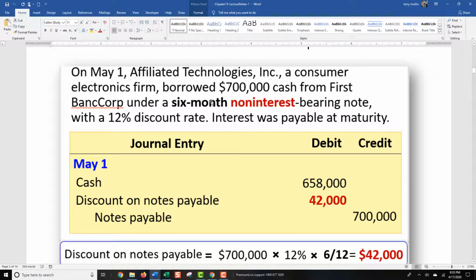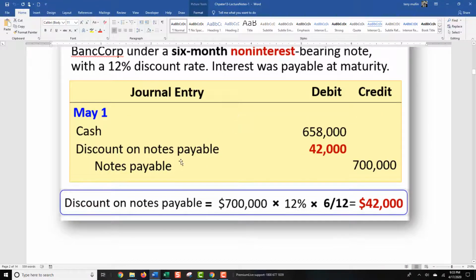On May 1st, Affiliated Technology, a consumer electronics firm, borrows $700,000 cash from Bank Corp with a 6-month non-interest bearing note with a 12% discount rate. Interest was payable at maturity. So what they're going to record is the notes payable at $700,000. The interest is calculated at principal times rate times time. So the $700,000 principal, 12%, and then